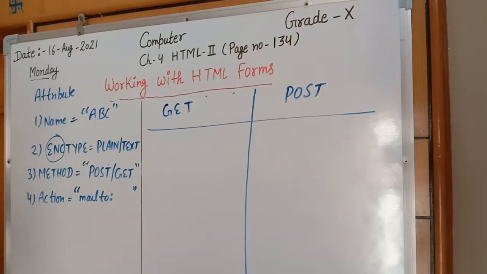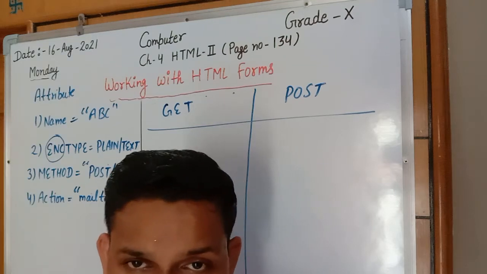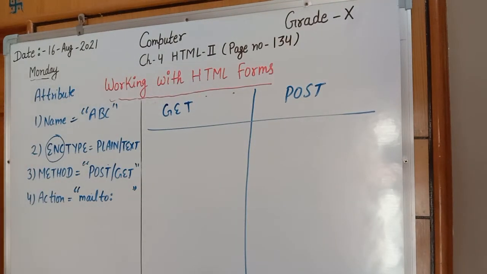Get method is for the purpose of requesting to get something. So get request can be cached. Get request remains in the browser history. What information we are getting, what request we are putting, that will be stored in the history part. And get request can be bookmarked. It means any request if we have sent it to the browser, that will be stored as a bookmark also.